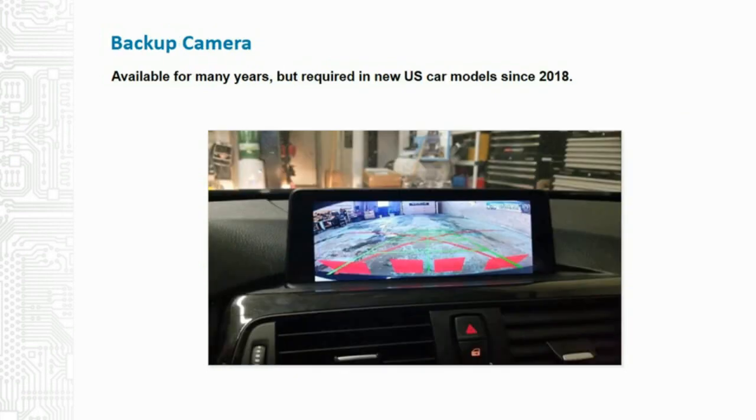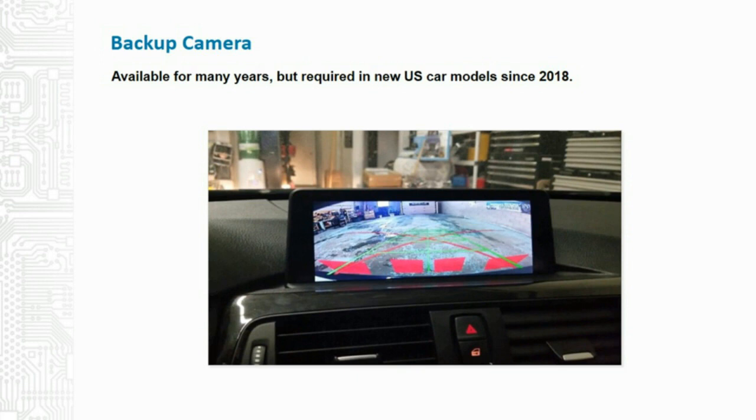Okay, backup camera. A rear view system known as a backup camera is a safety technology. It prevents backover crashes and protects our most vulnerable people, children and senior citizens. By providing an image of the area behind the vehicle when a driver shifts into reverse, the camera shows either in a dashboard display or a small display on the rear view mirror an image of the area behind the vehicle.